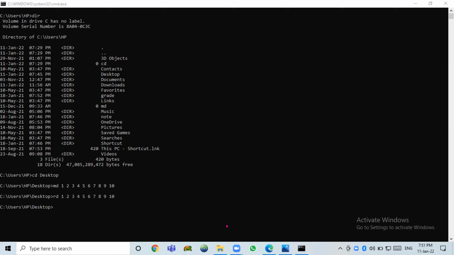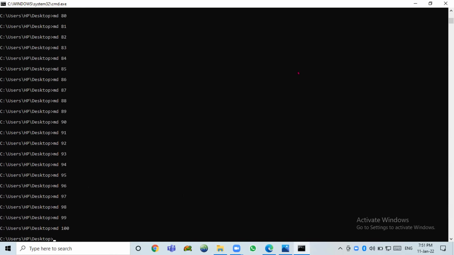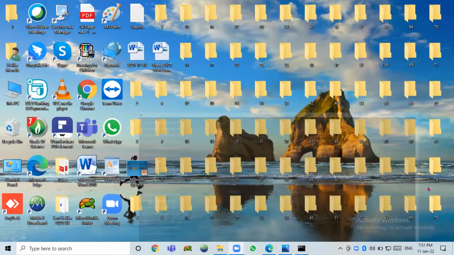All of you can copy paste the command that I have sent. Okay, it's creating 100 folders. No need to type. It will automatically create 100 folders. Now your desktop has 100 folders.